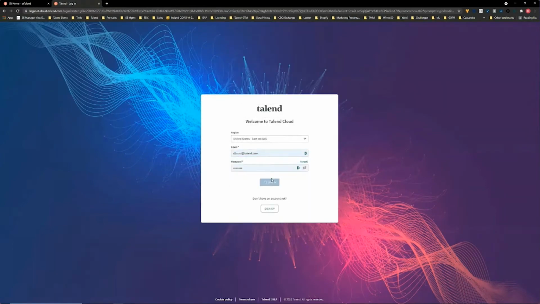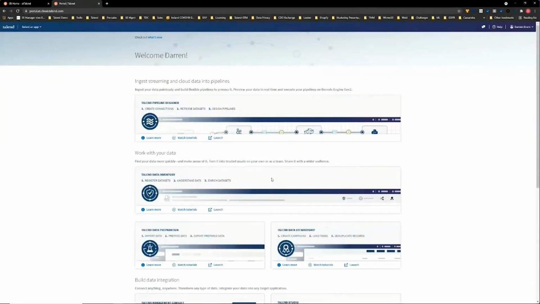As I log into the platform, I'm going to be presented with a number of different apps or modules within the platform that I can engage with. And my persona or role determines what I can see. As a data ops user, as a marketing ops user, the data owner, I actually want to explore my data. I want to add it to what we call the data inventory, so I can start my introspection of the data set and start understanding some of the challenges with that data itself. So I'm going to head to the data inventory.